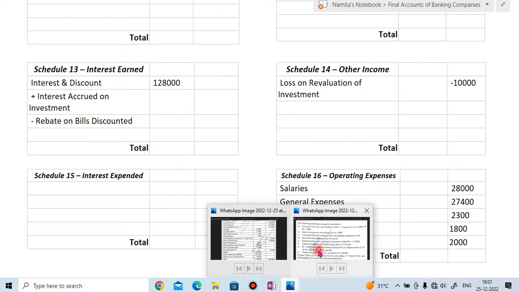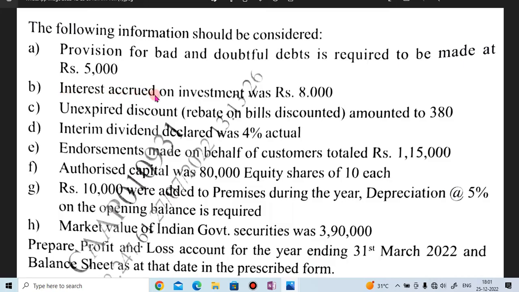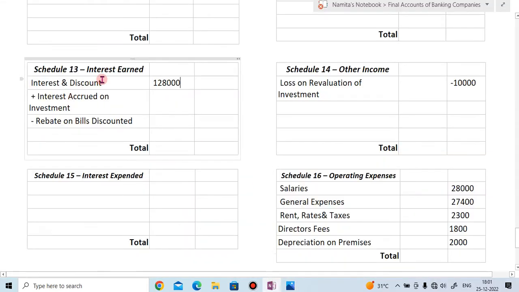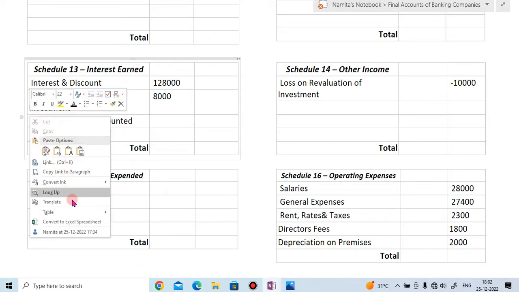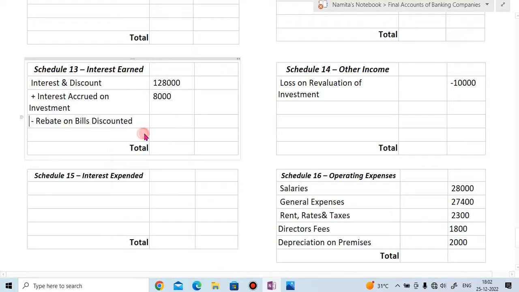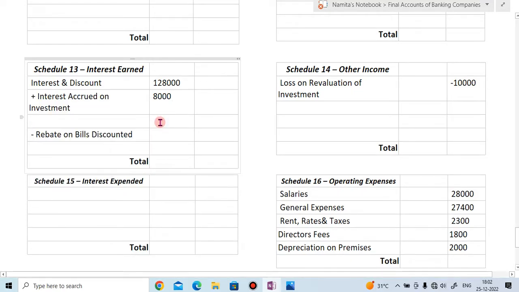Now what is the adjustment? Adjustment is what? Interest accrued on investment was rupees 8,000, okay. So this is the interest earned on the investment but we have not received. So add this in schedule number 13 in interest and discount, add interest accrued on investment 8,000, okay. So total will be how much? Total will be 1,28,000 plus 8,000,